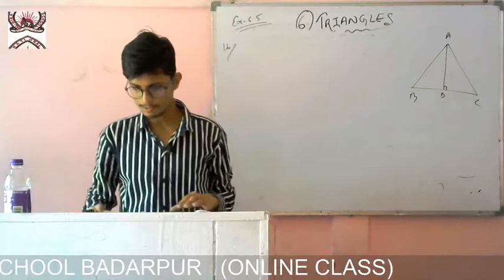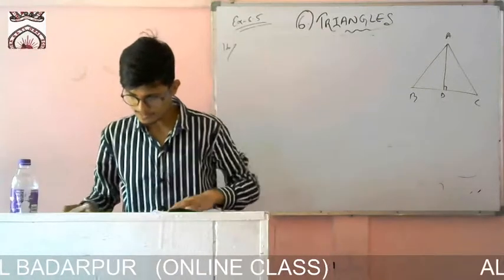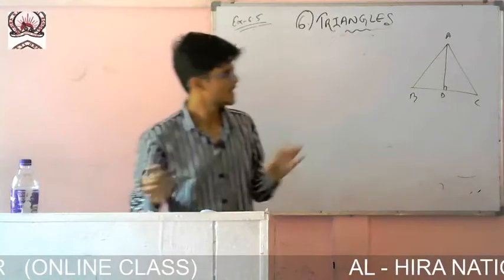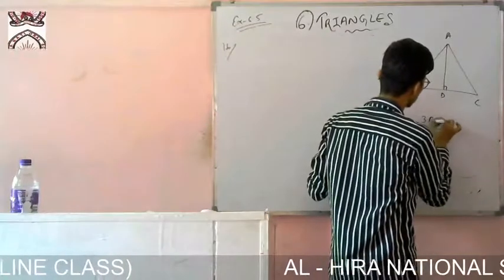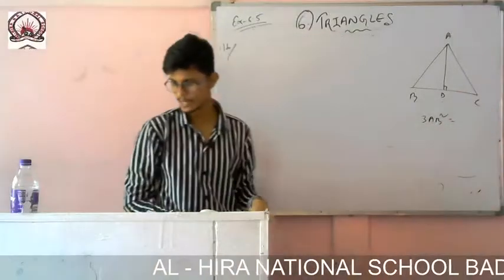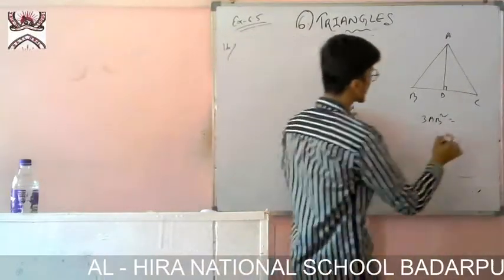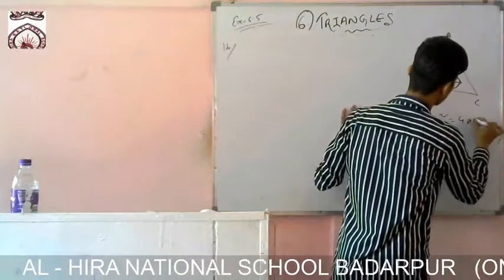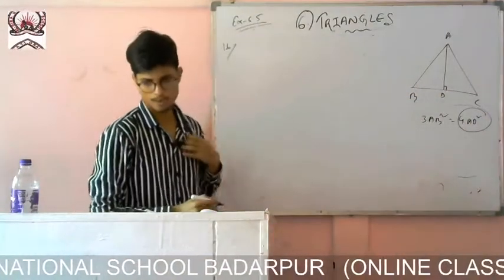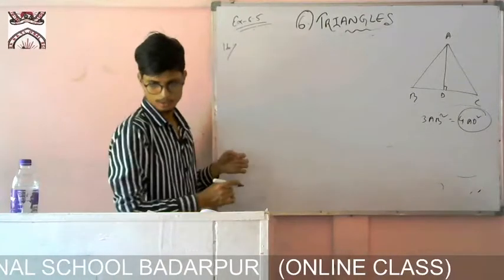So you see here what is given: in an equilateral triangle, prove that 3 times the square of one side, so any one side let me take AB, is equal to 4 times the square of the altitude, that is AD square. So you have to prove this one, 3 AB square is equals to 4 AD square. Okay, don't worry, it is not that tough.